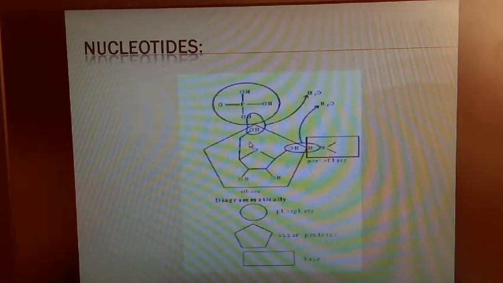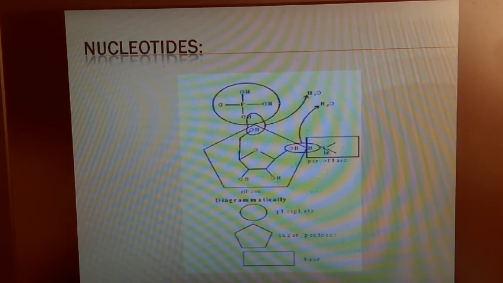How is it going to form? Observe here. This is our base. This is our fifth carbon, CH2OH. It is the fourth carbon. This is our fifth carbon. It is a CH2 group and OH is present. So the OH group of the fifth carbon combines with phosphoric acid. Phosphoric acid is H3PO4. You can observe P, double bond O, and single bond OH, OH, OH. H from one of the oxygen is going to be liberated as H plus, OH minus. It forms H2O and it is going to be eliminated.